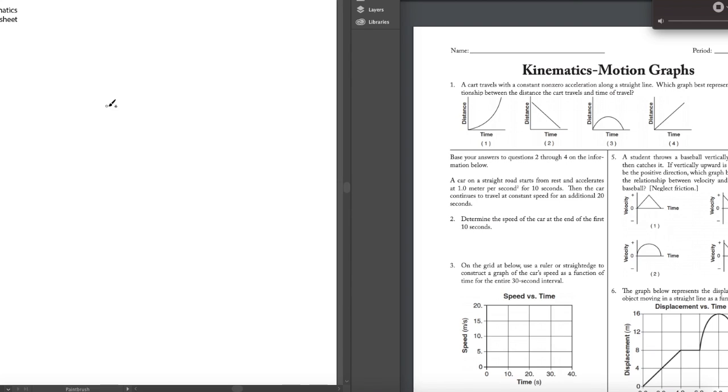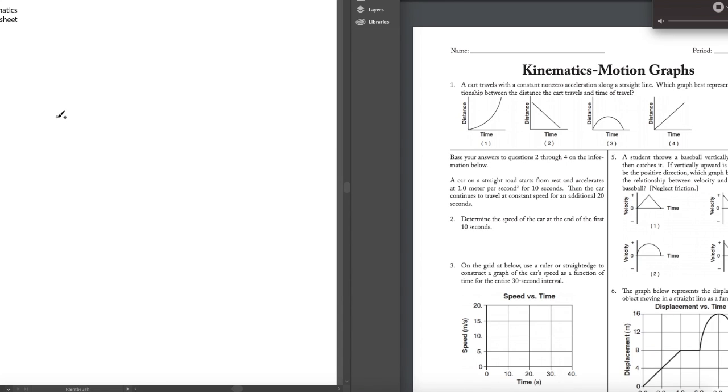A cart travels with a constant non-zero acceleration along a straight line. Which graph best represents the relationship between the distance the cart travels and the time of travel? Okay, non-zero acceleration means that the velocity is constant, right, guys? And so we know that if it's traveling forward, then number four must be the case. If you guys don't know why that's the case, well, you know, number two can also,